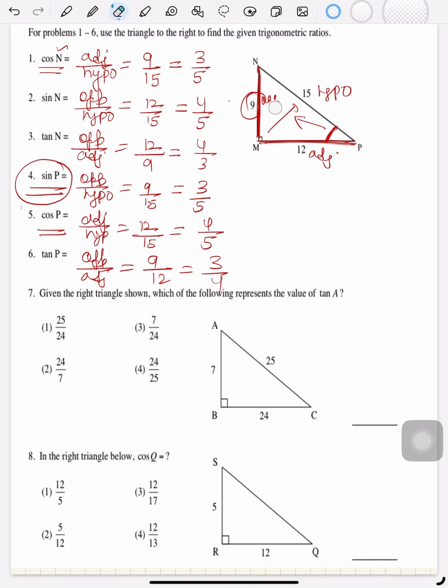Always remember that the placement of your acute angle decides which side is opposite and which side is adjacent. Right? And you can use the same thing in the next question also, which says in the right